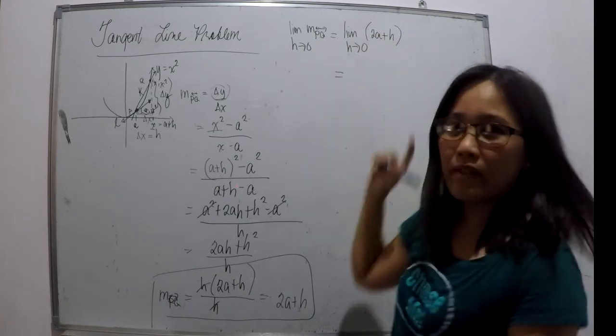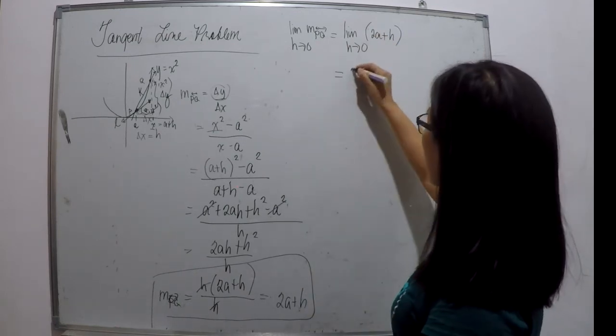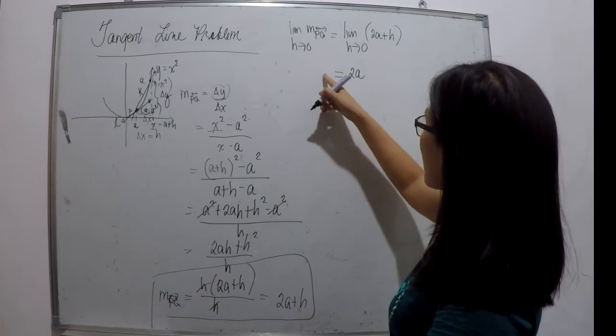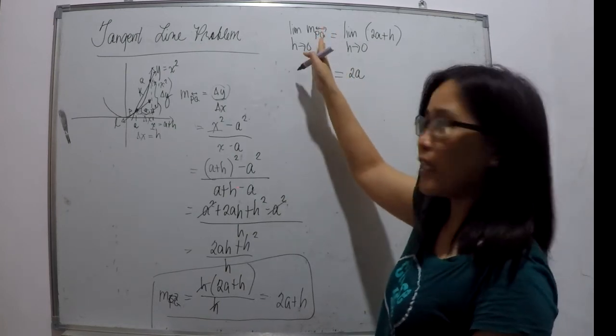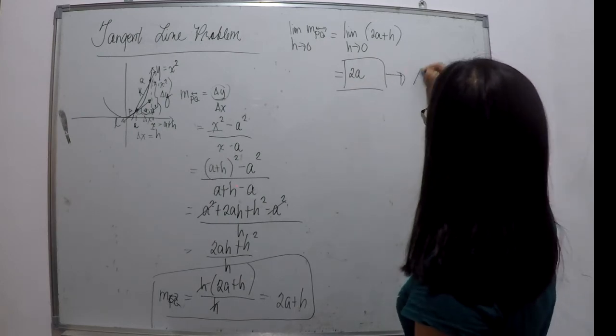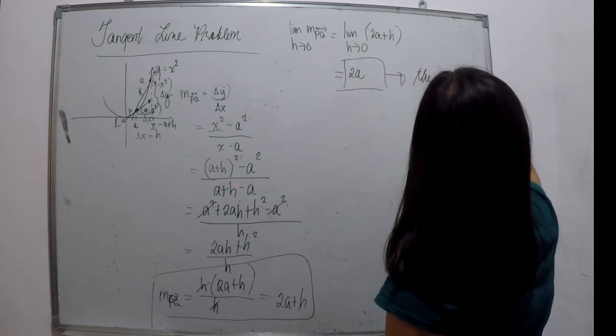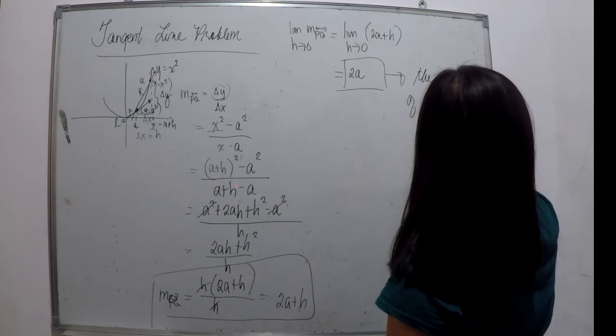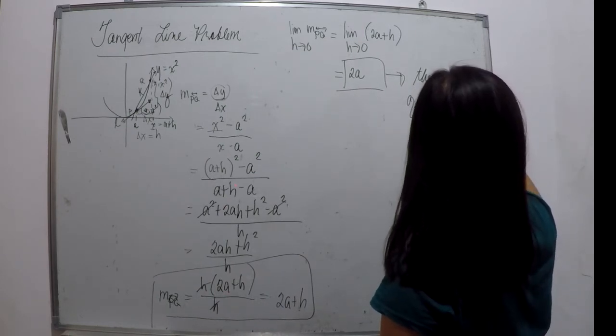Since this is linear, this is 2a. This is actually the slope of the tangent line